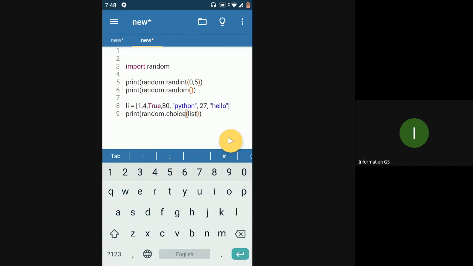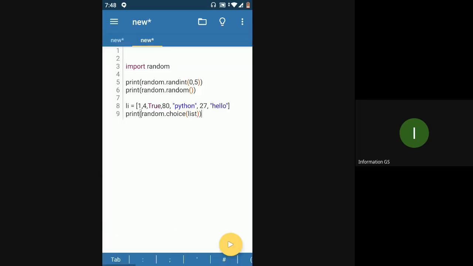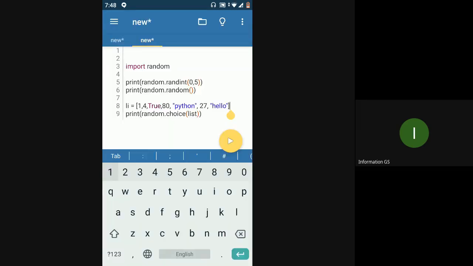So let's see. Okay, what is the issue here? Just go back, see what is the issue here.